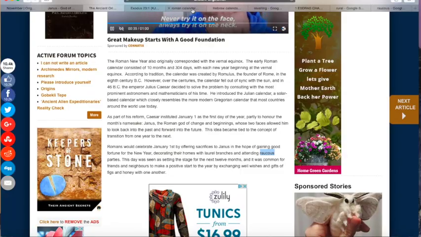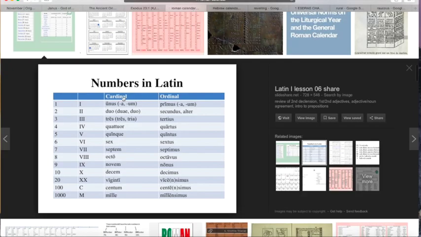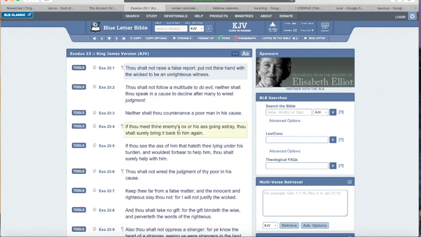All right, so I just wanted to show again the numbers in Latin, how you see that 10. And I should have brought this out when I was talking about the 8, but just to show the Roman numerals, like November 9, December 10. Wanted to bring that out. I forgot about that. All right, so let's head back to the scriptures and close it out.